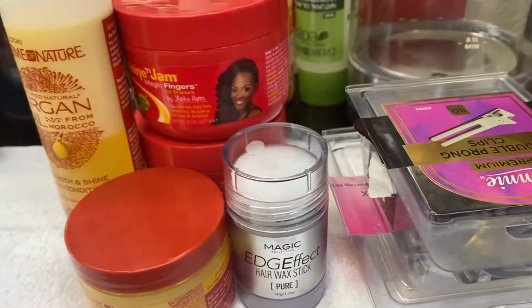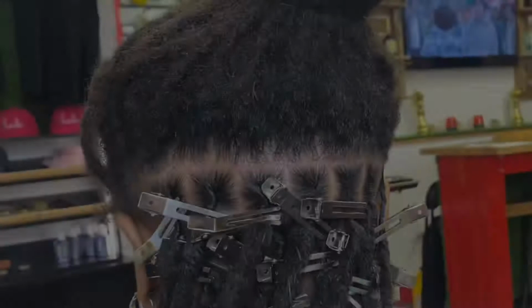So these are all the products that I use to achieve my retwist, and we're just gonna get started right